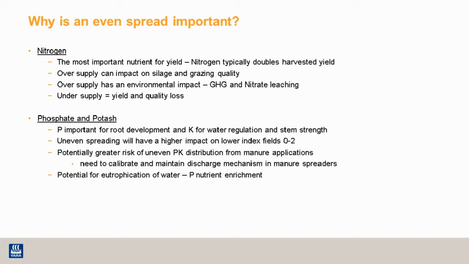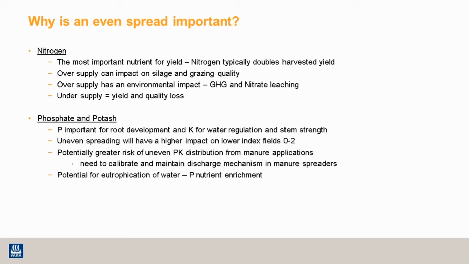And for P and K, we know P is important for root development, and potassium for water regulation and stem strength. And again, uneven spreading will have an impact, particularly at lower index fields, perhaps where the requirement is higher. But also, we perceive greater risk from uneven spreading from manure applications. As we've seen earlier, this is powerful stuff, and there certainly is a need to calibrate and maintain those spreaders to make sure they're operating in good order. And clearly, from an environmental point of view, phosphate getting into water is not the right place for it, leading to